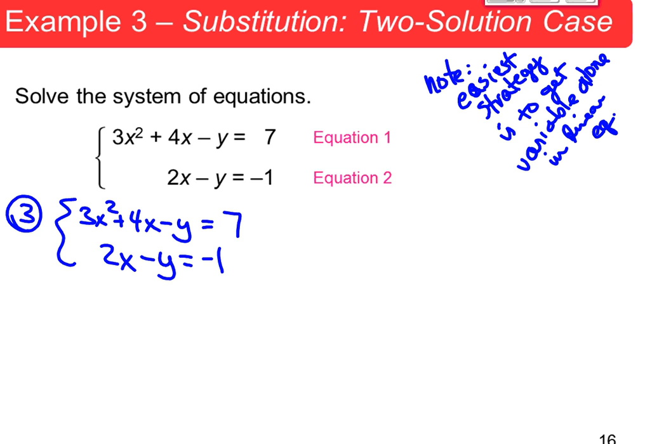Do you agree we could get y alone here? But if we got y alone, we'd have 3x squared plus 4x minus 7 equals y. So that's like 3 terms, and then we have to put it in here, and then it's a quadratic that we have to solve. Whereas if we take this one, and also you want to think about which variable to solve for,